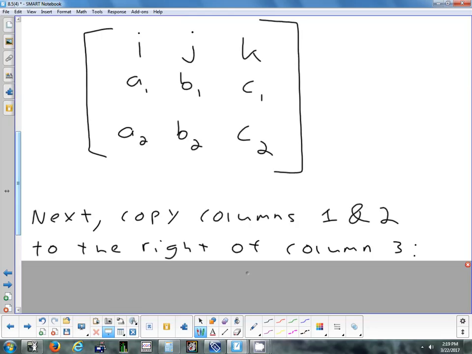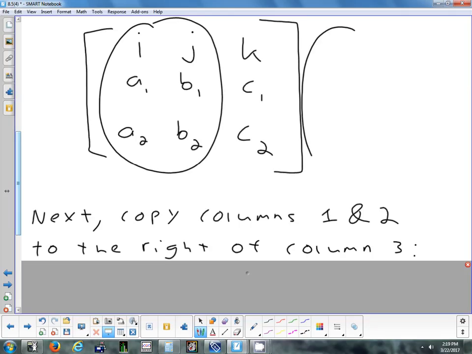Right, so the next step. You're going to copy columns 1 and 2. You're going to take these 2 columns, and I want you to put a copy of them right where I just circled. Okay? Right next to it. So what's going to happen is your first row is going to be I, J, K, and then you're going to put down,